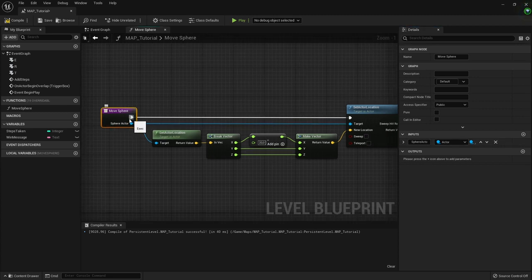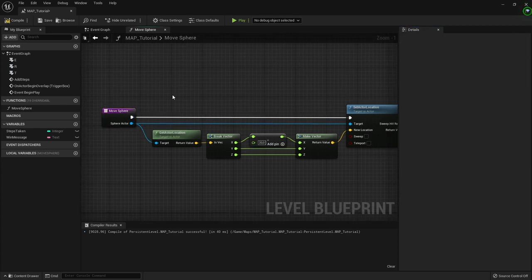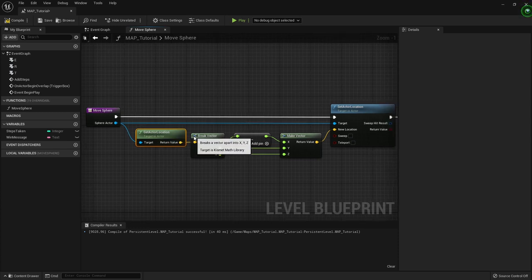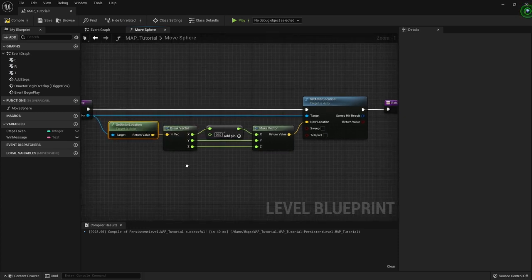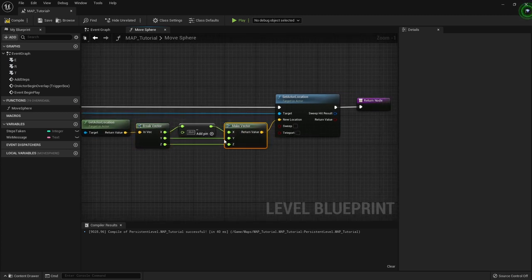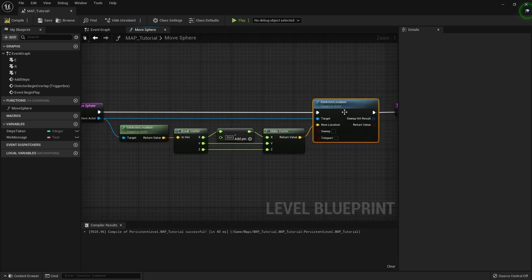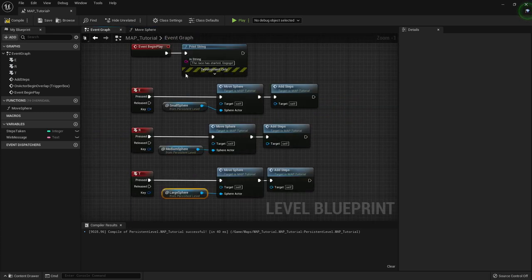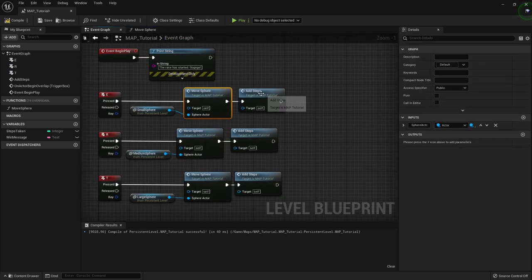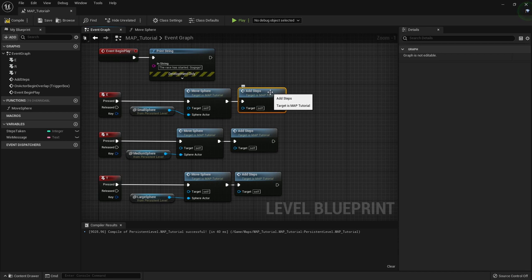Okay, so this actor was made, and so we get the actor location. We break the vector, which is this one. We only want to move the x-axis. We make the vector again to make it back into a vector, and we add it as the new location for this sphere. Okay, so this is the move sphere, and then we add steps, and this is the event